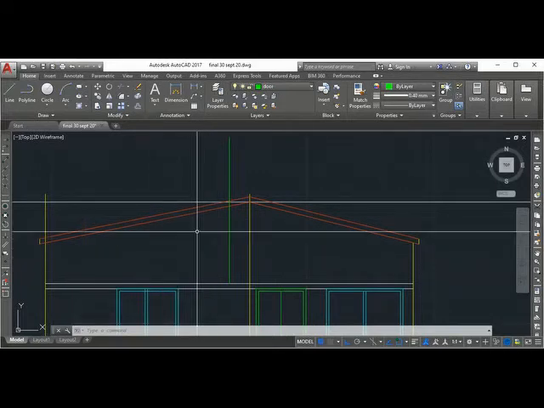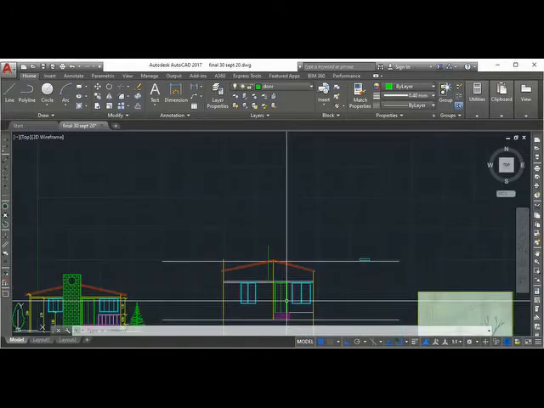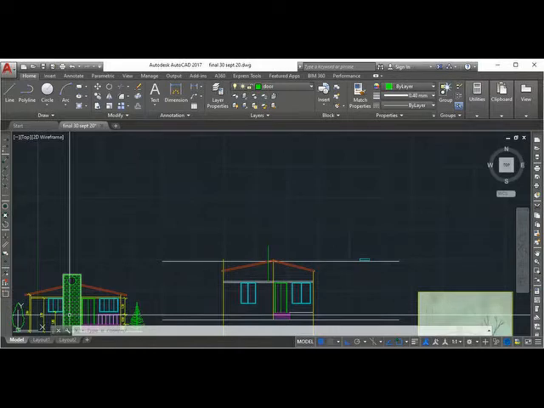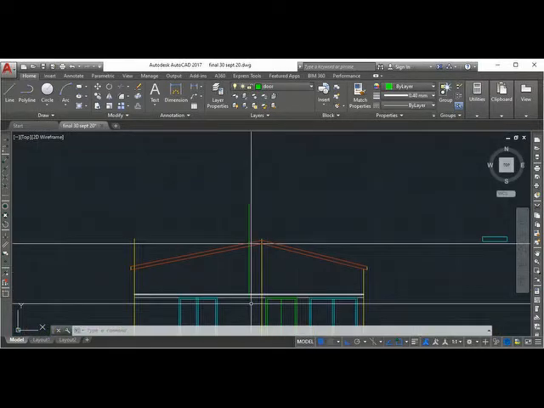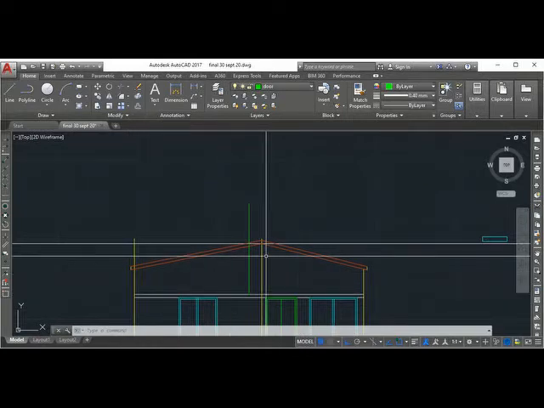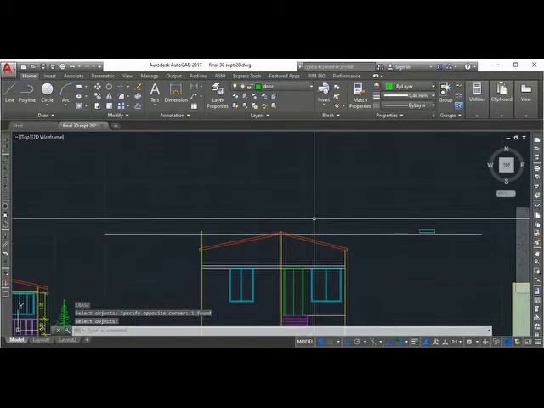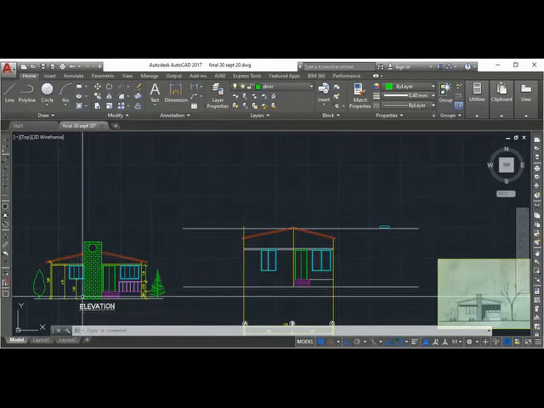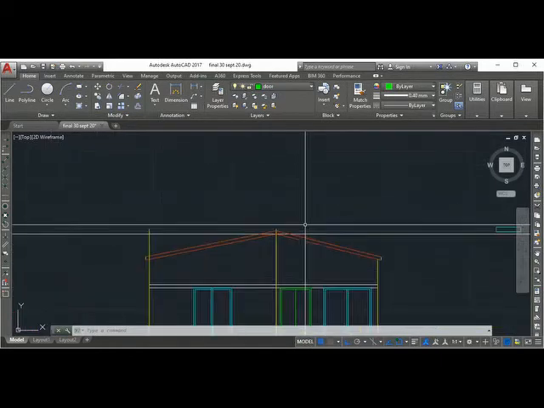Okay, so in that case, you have to draw this line again. You see, our slope has gone to the corner here. Here it's almost the middle of this one. So you can change the slope, taking the mid of this line and drawing there. I'm just leaving it here like this, because you can see that the roof is coming almost to the middle of this one.